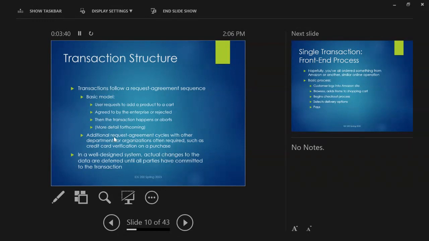All right. Now, in a well-designed system, any changes to the data don't happen right away. What happens, in a sense, is the system pencils in the changes, and only once the system determines that the transaction is actually feasible and permitted do those changes become permanent, right? That prevents the